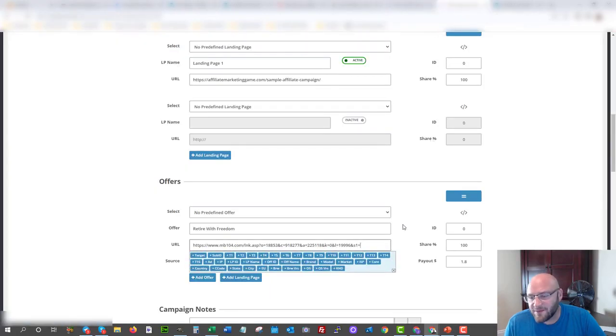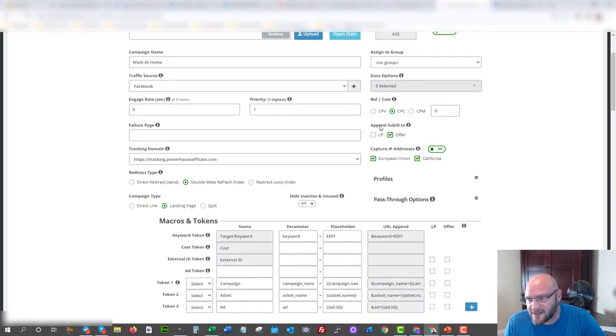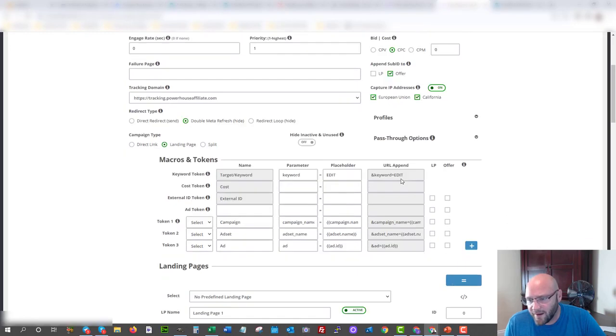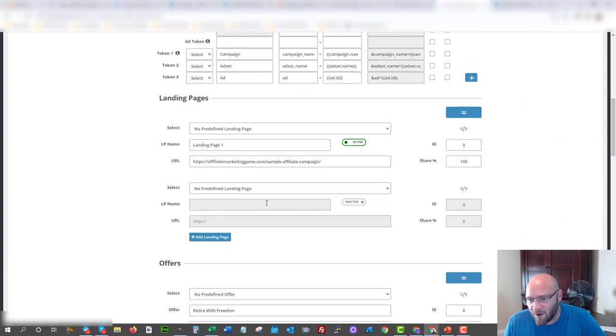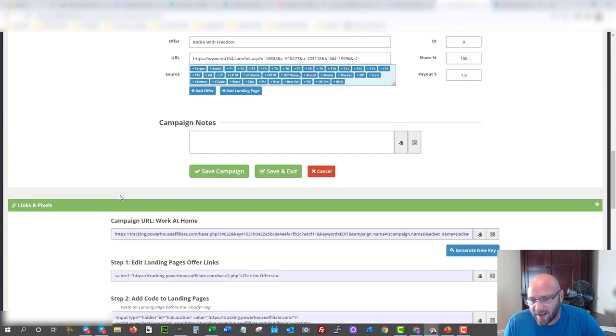Now, every time somebody clicks on the campaign URL, or when they click on the offer, it's going to automatically add a sub ID, because we have set that up here to append the sub ID to the offer right here. And so now it's going to automatically do that for us, and it's going to send it into MaxBounty every time somebody clicks on our offer link. So now what we need to do is make sure that our landing page is set up